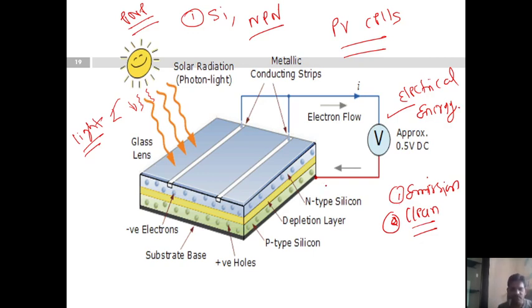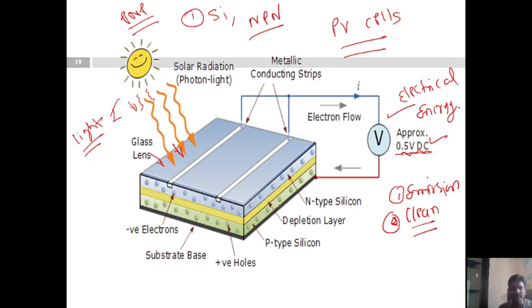So a photovoltaic cell, also known as a solar cell, is a semiconductor device that generates DC electricity when light falls on it. So whenever light falls on these cells, what type of current do we generate? DC current. We know the meaning of DC: direct current means electrons flow in only one direction. So what are we getting here, guys? DC current is obtained whenever sunlight falls on these solar cells.